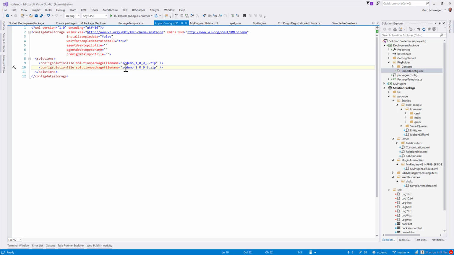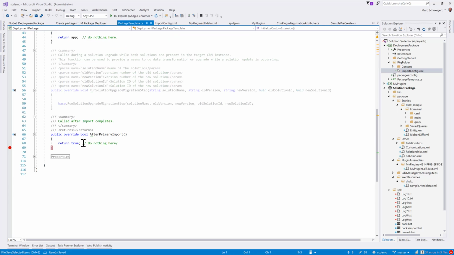So this could be something else .zip, right? And you can order them, so if you have base solutions, etc. But in this case, I just want to show how we can hit this breakpoint. And now that we have access to code, we can do all sorts of interesting things. We can execute essentially any .NET code at different parts of the deployment process to do things that aren't possible